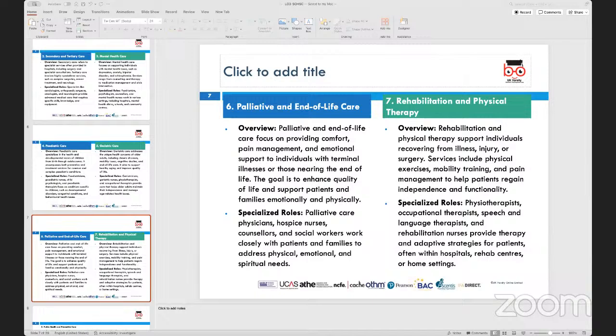And then, if you've had an injury, an accident, or if you have gone through a serious life changing event which has affected you emotionally, mentally, physically, then in such cases, you would normally have rehabilitation or physical therapy. That would be termed under another form of care, which is rehabilitation and physical therapy, and that is to support individuals when they have had an injury or an illness or a life changing surgery. For example, somebody going through a heart bypass surgery, or a hip replacement or a knee replacement